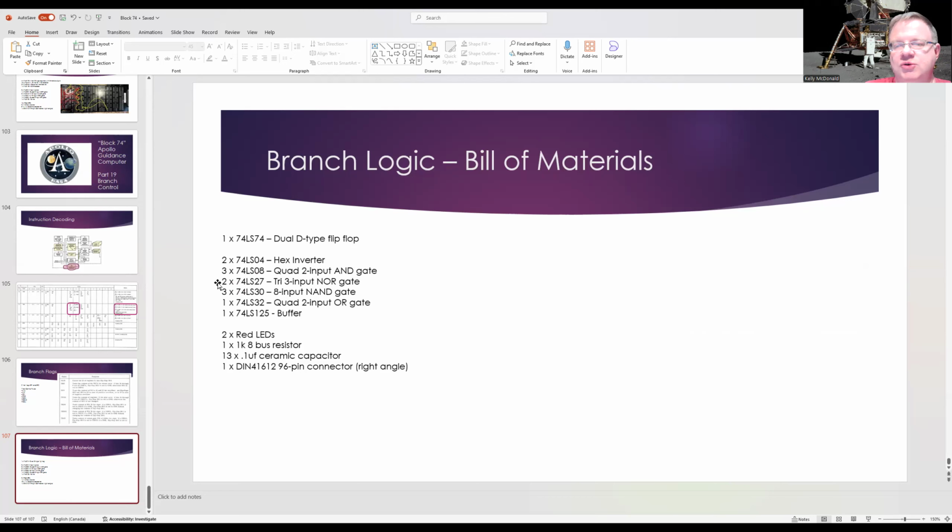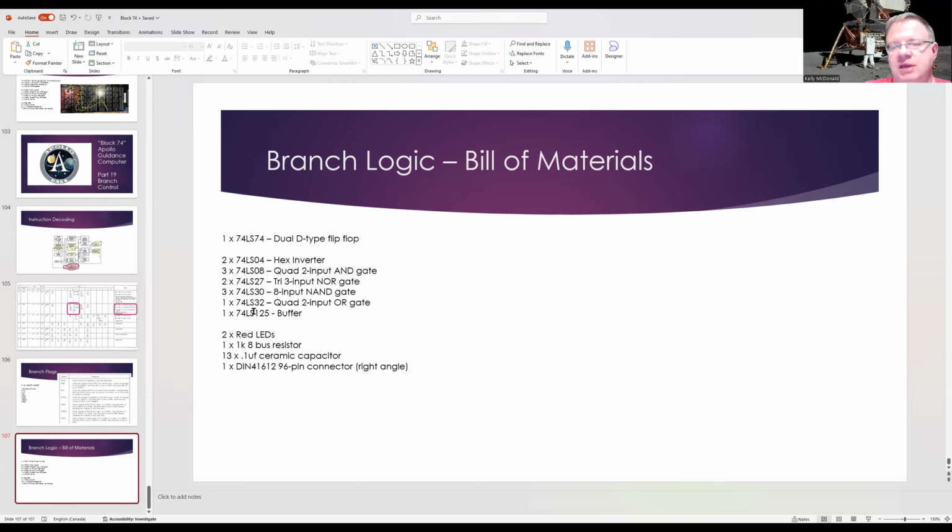We've got two 74LS27 triple 3-input NOR gates, three 74LS30s which are 8-input NAND gates, and we're basically using these to either generate our clock to only clock these registers when one of our test pulses is asserted, and then we're also using this to check the contents of the write lines